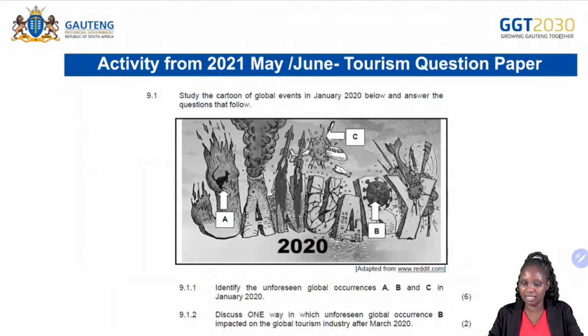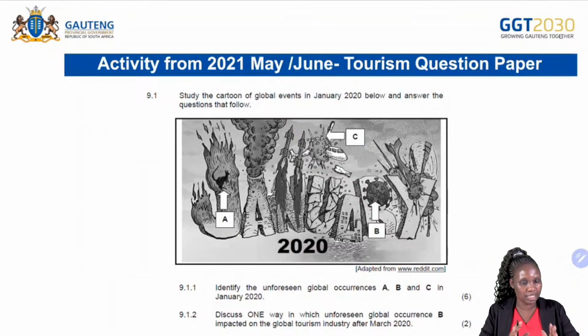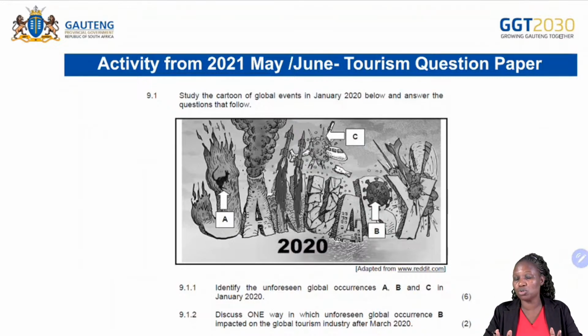All right. Great. What are we going to do now? I'm going to give you an activity. Remember, when you are answering the question papers, you take a past exam paper, you look at the topic that we've been discussing. For example, today we've been doing what? Political situations and unforeseen occurrences. You check on section E, question 9. There are a lot of questions there. Therefore, let's check the questions.